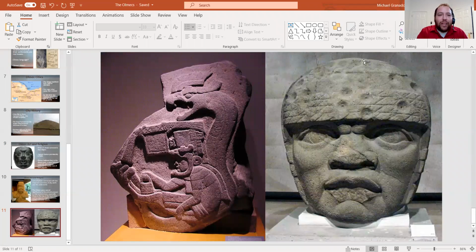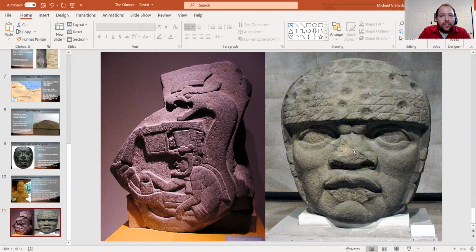So coming back to the big head guys, right? These carvings are huge, by the way. They're taller than like 12 feet. Really big. Who are these people? Again, we don't know. Our best guess at the moment